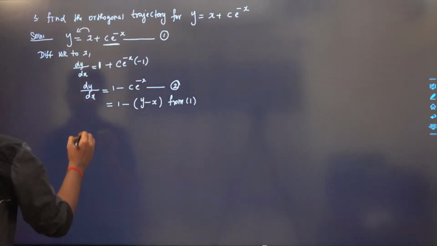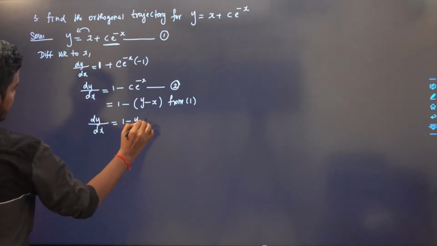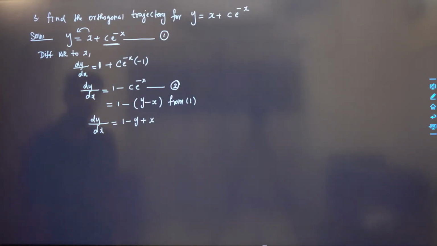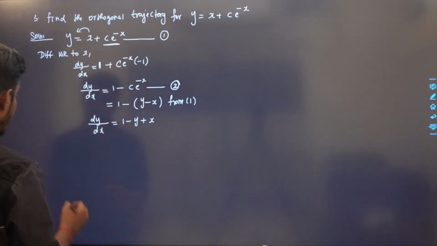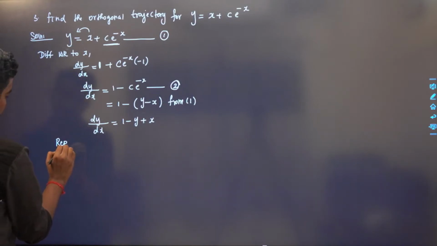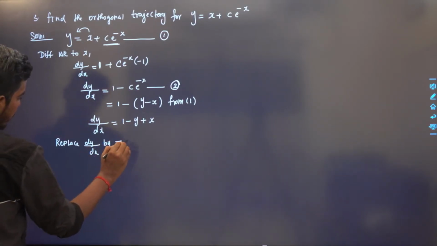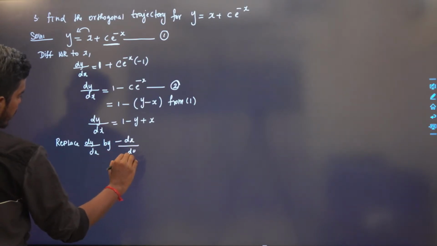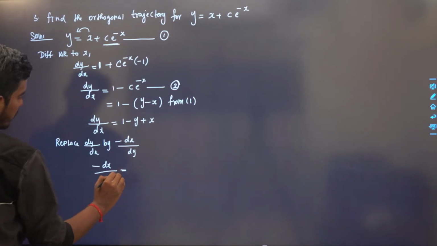So we will have dy by dx is equal to 1 minus y plus x. Now we need to replace dy by dx by minus dx by dy. So this will be minus dx by dy is equal to,